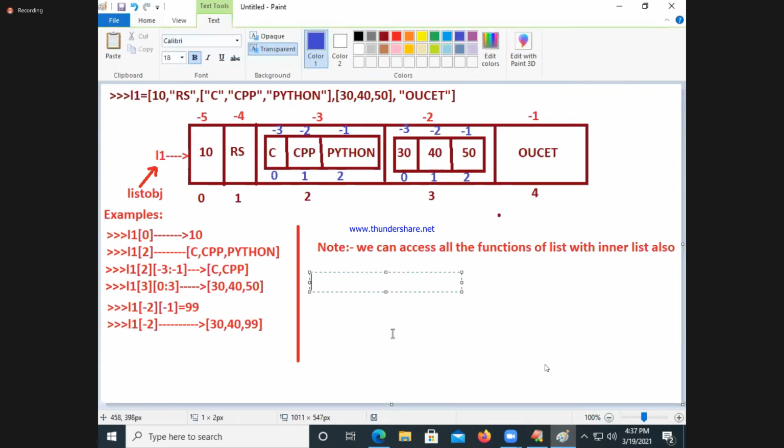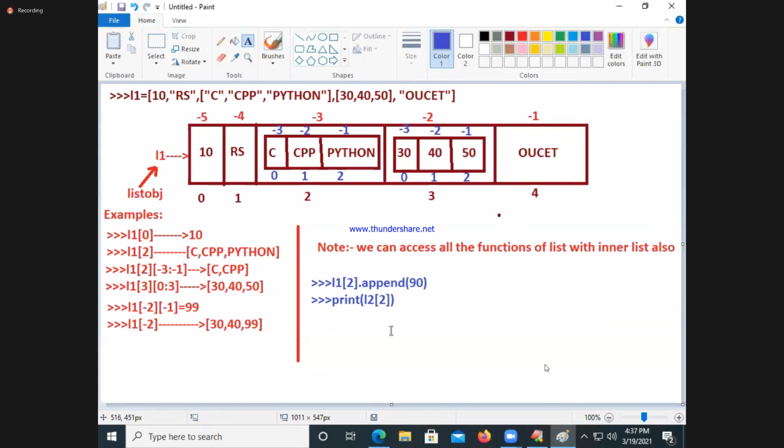If you want, L1 of 2 dot append of some 40 or some 90. Printing, print of L1 of 2.